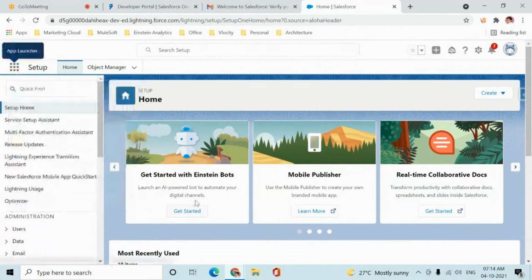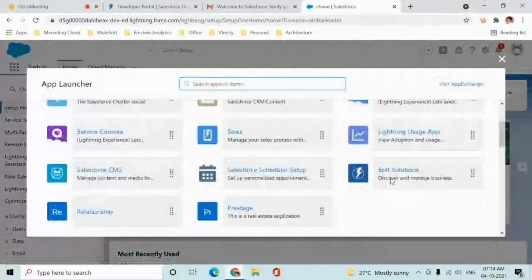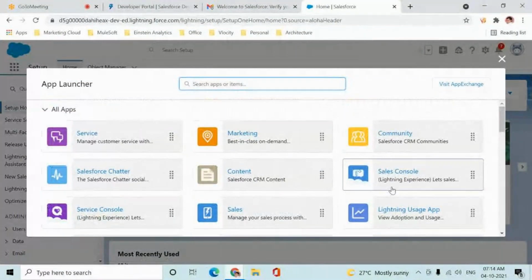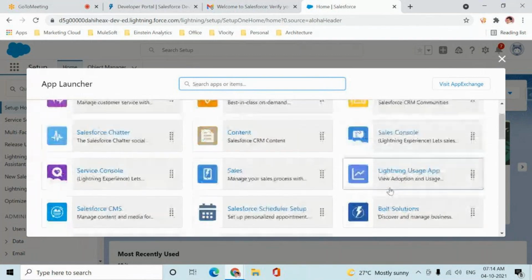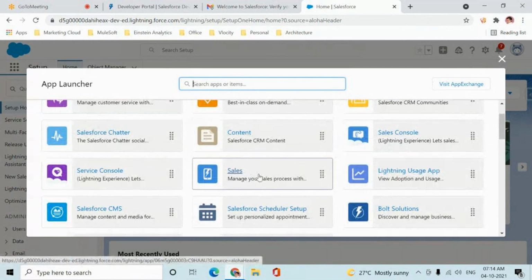I am clicking on view all. So it will show you the list of applications this user has been provided access to by the system admin. See, I'm saying that this is not the list of applications that are there in this org. These are the list of apps which are provided by my system admin to me. Which means, let us say in all these applications, my admin has decided, okay, Ram will have access only to this sales application and maybe this content application. Then only these two applications will be visible to me. So this will be controlled by my system admin. As of now, I am the system admin, so I'm able to see almost all the applications.